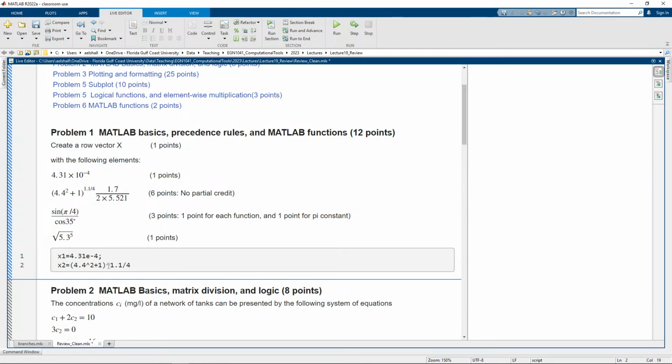Why? Because power has precedence over division. So what will happen? It will multiply this term by 1.1, then it will divide everything by 4. But this is not what I want. What I want is to raise everything to the power of 1.1 divided by 4. Okay. Times 1.7